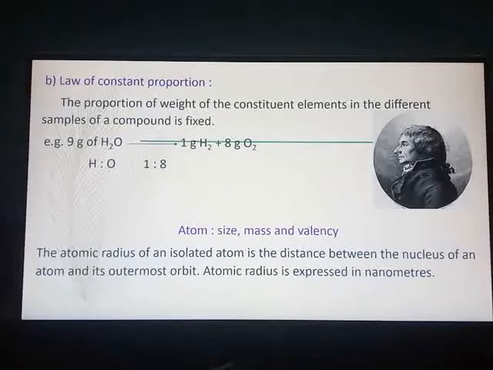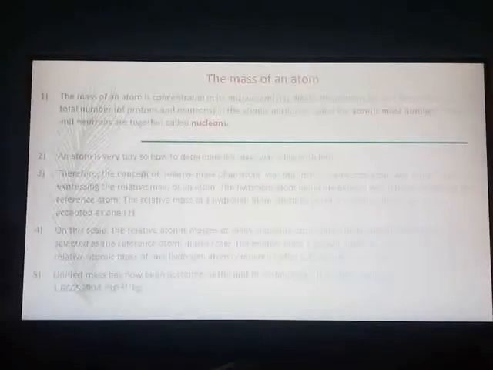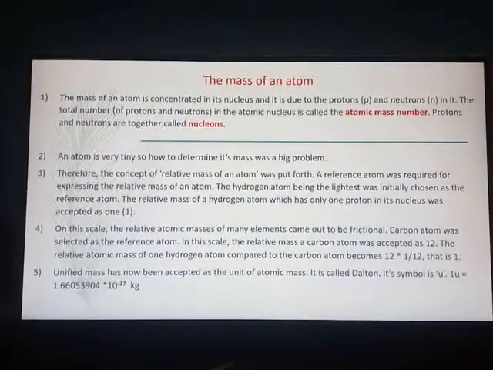Now we move on to our next important concept, that is atomic mass. How to calculate the atomic mass. The mass of an atom. Now you all know that mass of an atom is concentrated in its center, that is the nucleus. Why? Due to the presence of positively charged protons and neutrally charged neutrons in it. So if you want to calculate the mass of the atom,